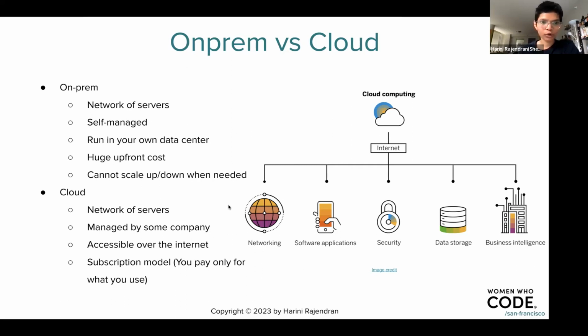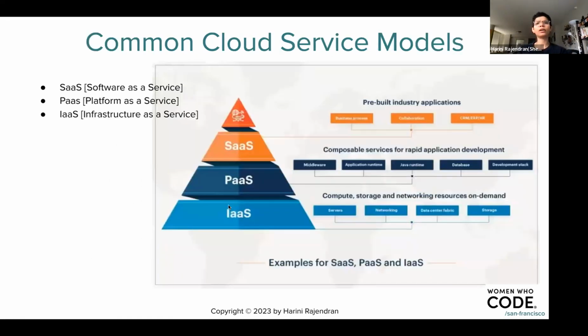As I said earlier, there are multiple deployment models, or service models, I would say, in cloud computing. They're called SaaS, PaaS, and IaaS. The main difference between these three different categories is the level of ownership. SaaS stands for software as a service, PaaS, platform as a service, and the third one, infrastructure as a service. I'll explain what each and every one of them is in detail in the next slide.